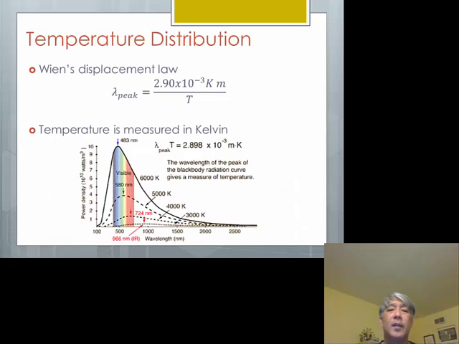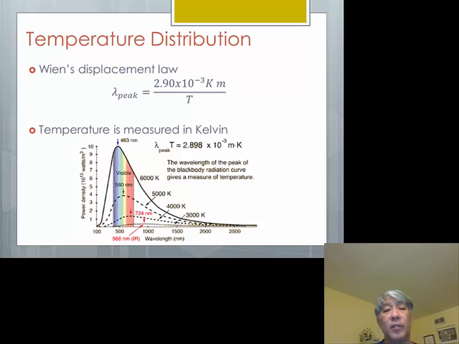So, temperature distribution. Wien's displacement law basically says that the peak, so if I look at that curve, it's not the average or the mean, but where I have the most intensity, the photons with the greatest number, have a wavelength of 2.9 times 10 to the minus 3 Kelvin meters over that temperature. So we have several different temperature curves here: 6, 5, 4, 3